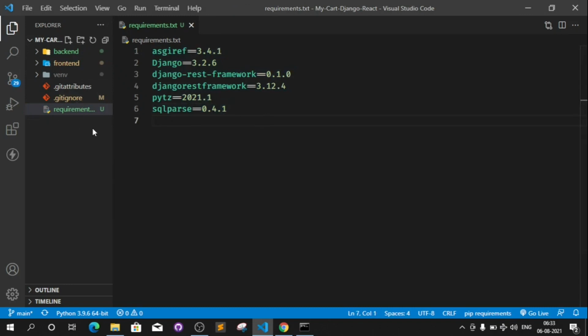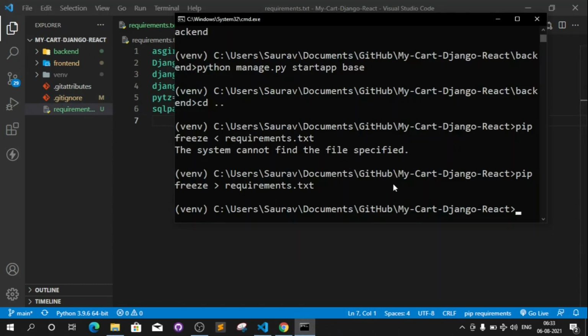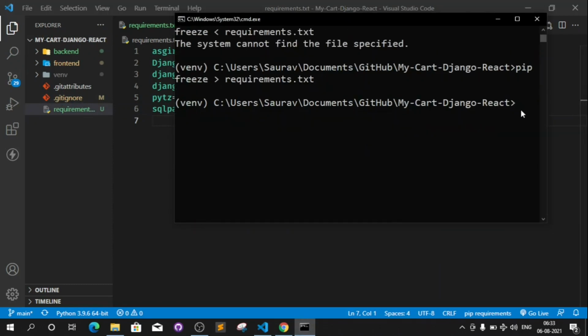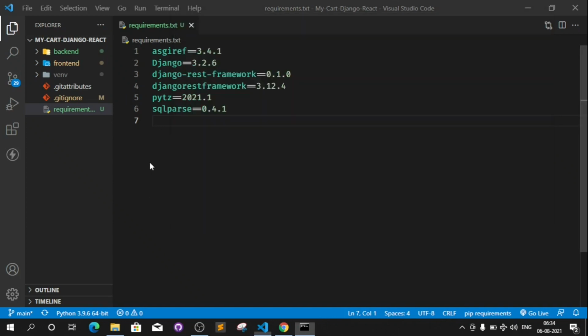So I make this file so that if I send this project to anyone, then he or she can just run the command pip install -r requirements.txt like this. Okay, and all the packages that I am using in this project will be installed on that computer. So that's why I make this requirements.txt file.